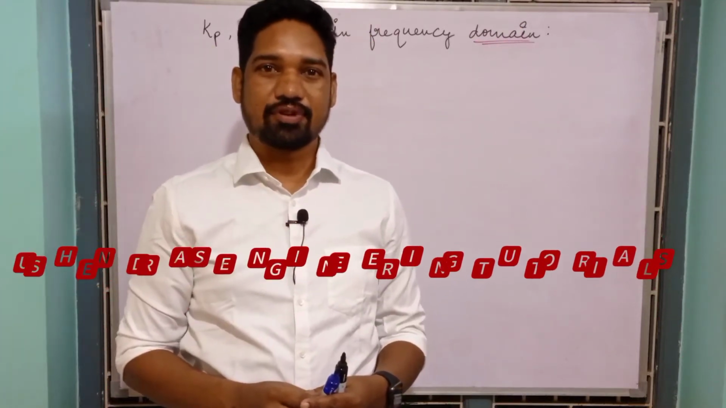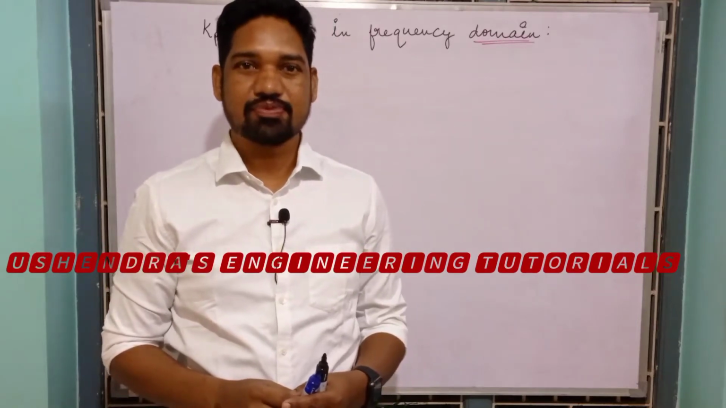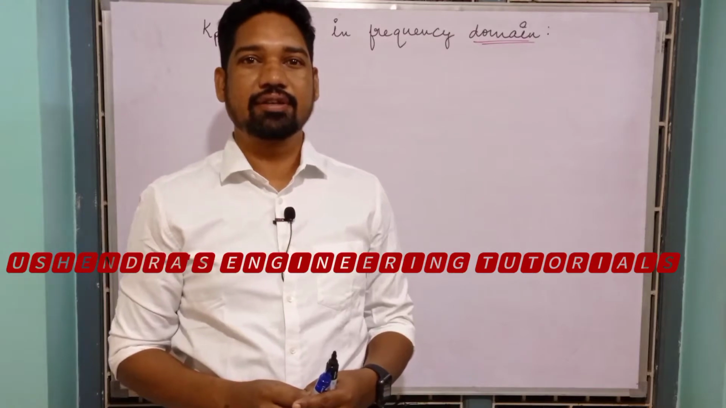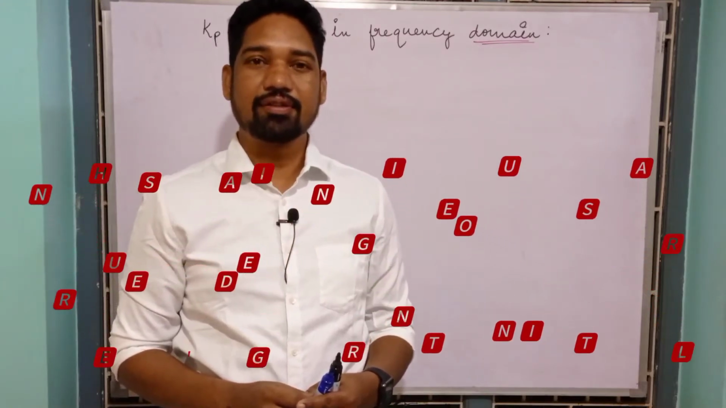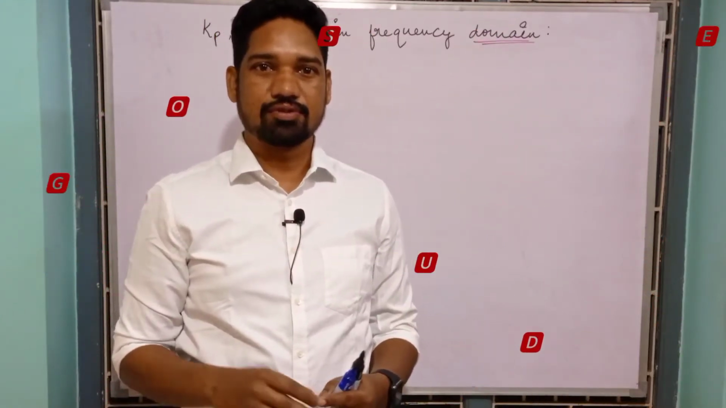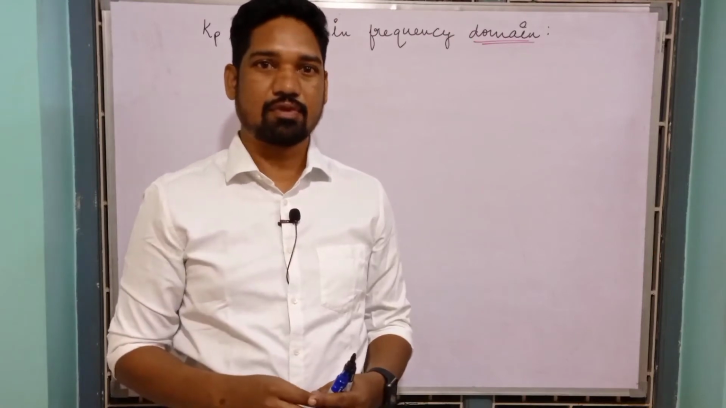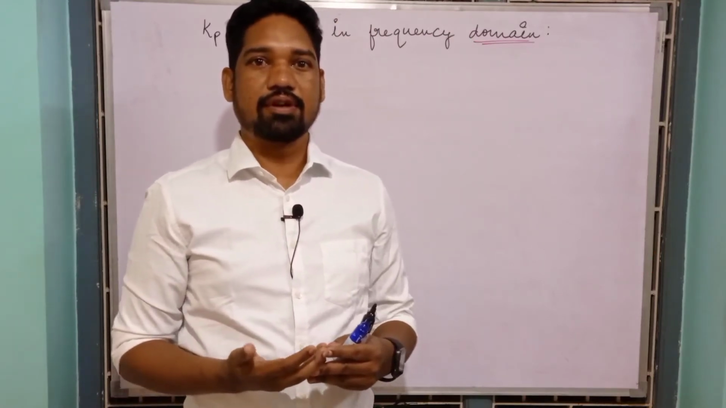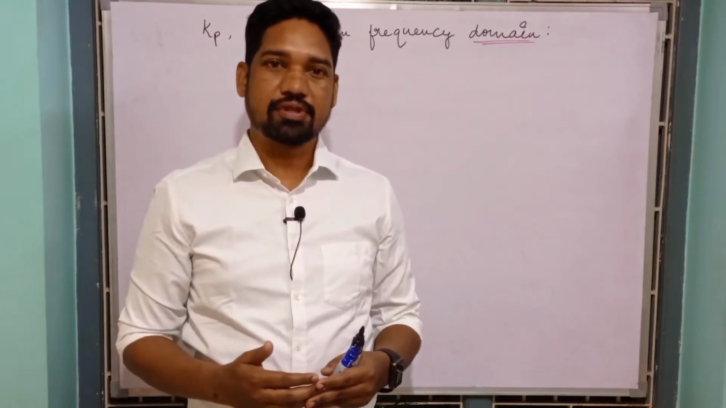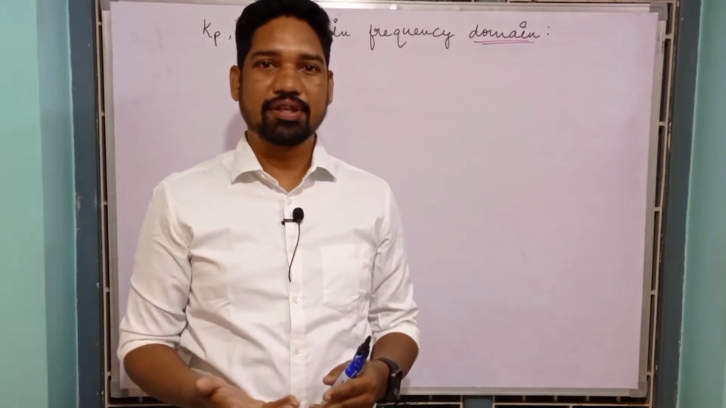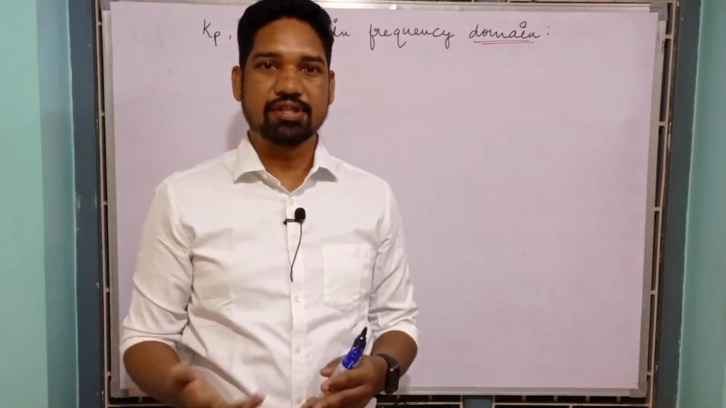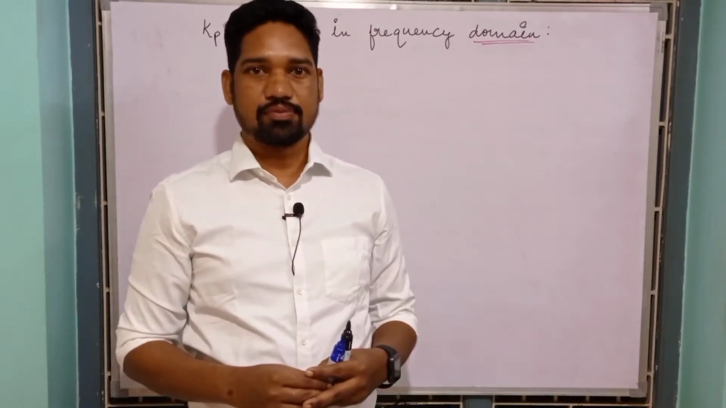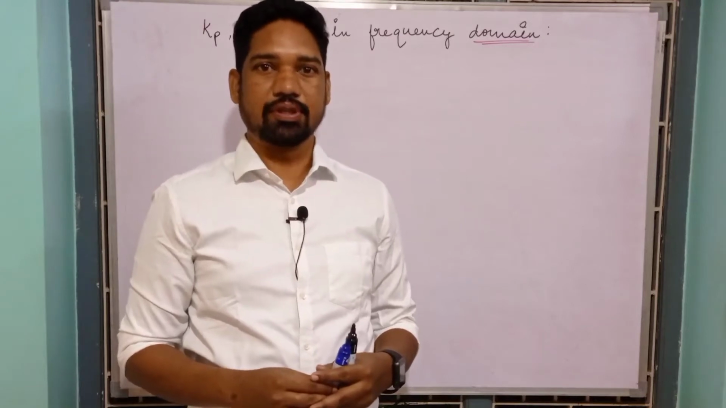Yet another important video from the playlist Control Systems: deriving the expressions for Kp, Ki, Kd in the frequency domain, providing the compensation to meet the desired frequency. So what should be the proportional constant, integral constant and derivative constant? Designing a PD controller, PID controller, what should be the constant values in the frequency domain,